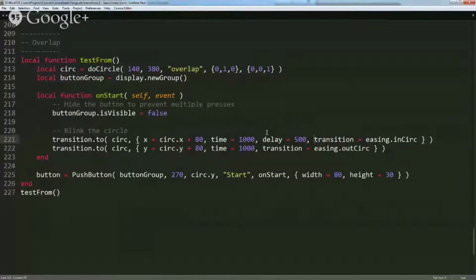I would say wait 500 milliseconds and then start doing the transition. And then if I wanted anything besides a linear transition, I could say transition equals easing dot one of those 42 transitions. And you can find that information on the easings page,